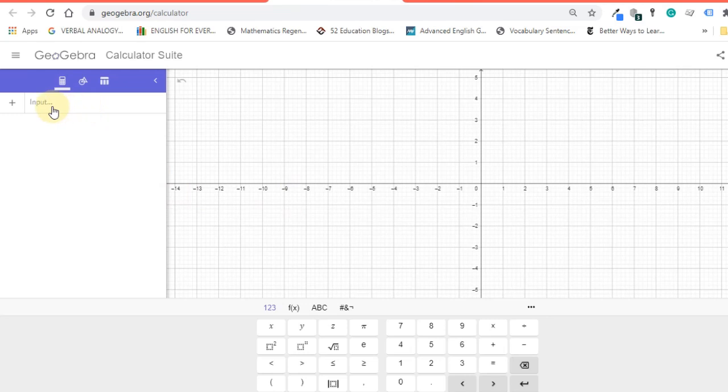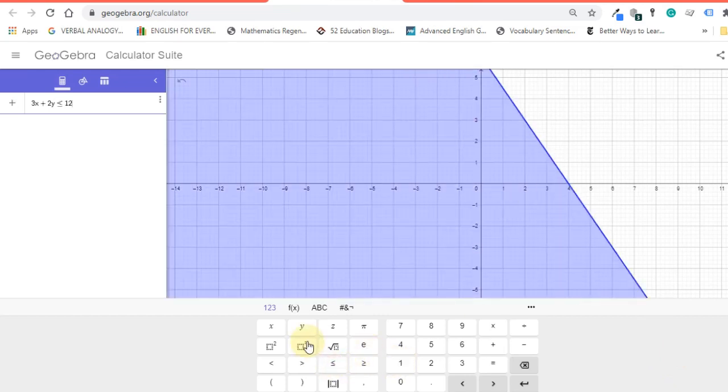So first, we have to input our inequalities. Make sure that you make an account and sign in. I don't know, but when I tried it without signing in, it didn't work. Anyway, so let me just type in my constraints,